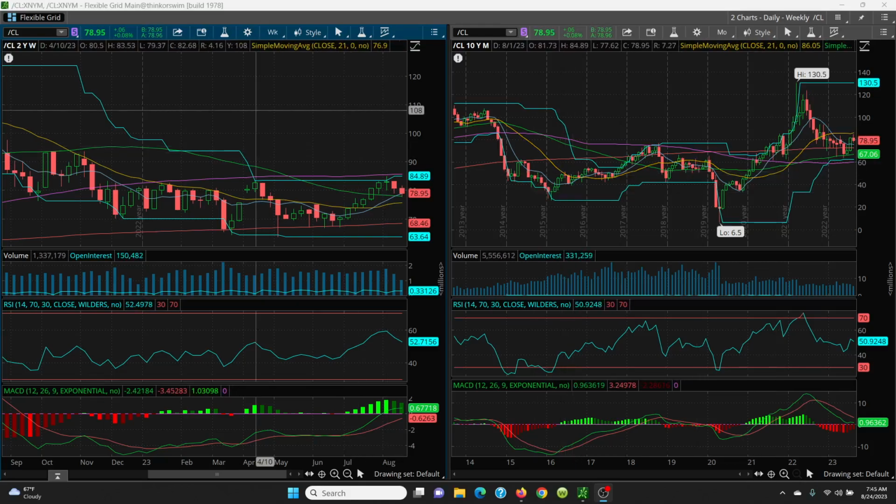Okay, here on your weekly chart, we have to look at this key 8 SMA, okay? You're looking at 78.98. Right below that you have your 50 SMA at 77.99, and then your key level is going to be 75.69. That 75 level is going to be very, very key support. If that's lost, then bottom line, you're going down to 68.46, down to this 200 day. If that's gone, you're going to come down and retest that